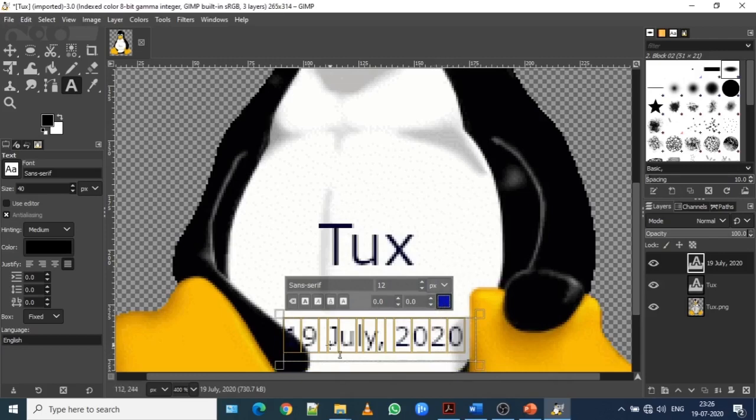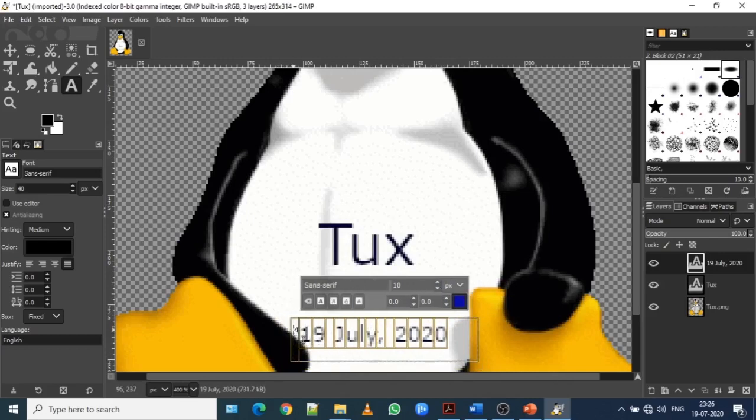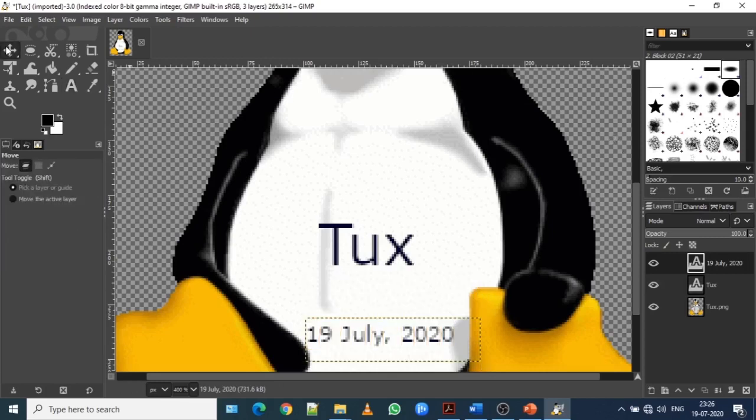So it is showing blue in color. Let me reduce a little bit more. Okay, so now you can find the text color I have changed. I named this picture as Tux and I have also mentioned today's date as a text.